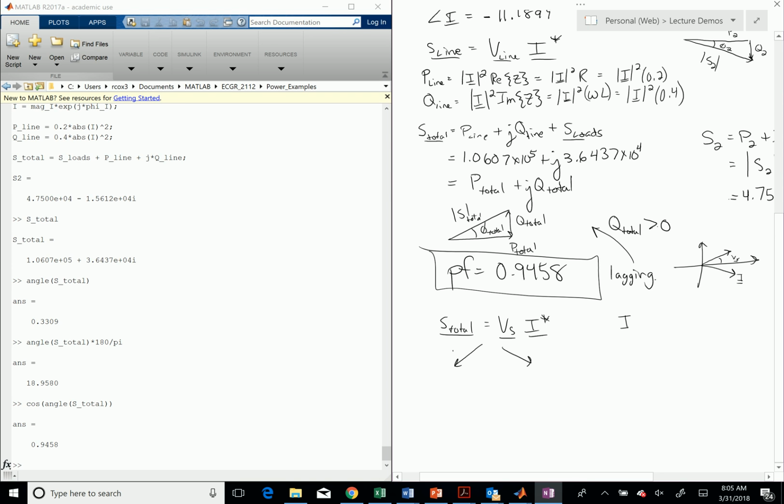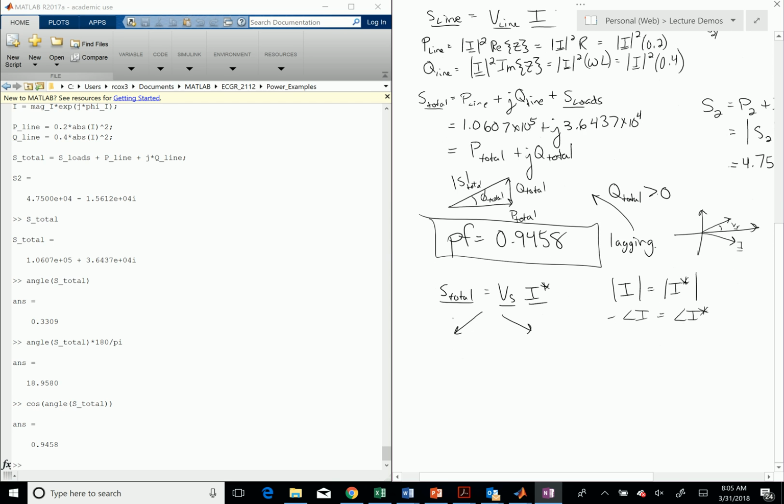Because I know the magnitude of I is the same as the magnitude of I conjugate, and because I know that the negative angle of I is equal to the angle of I conjugate, I can say that the magnitude of S total equals the magnitude of Vs times the magnitude of I, and I can say the angle of S total